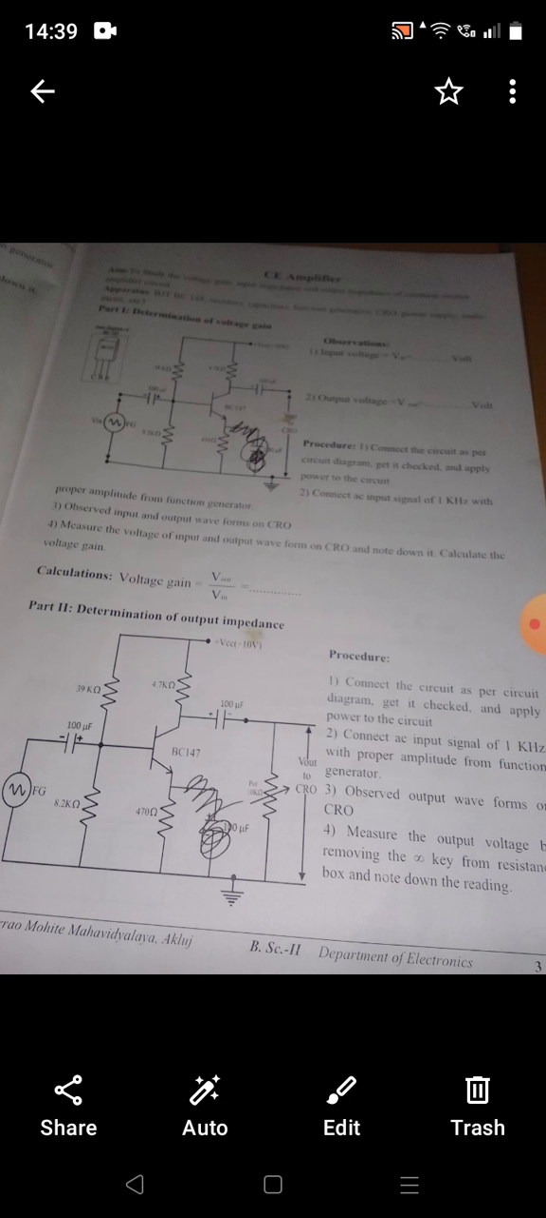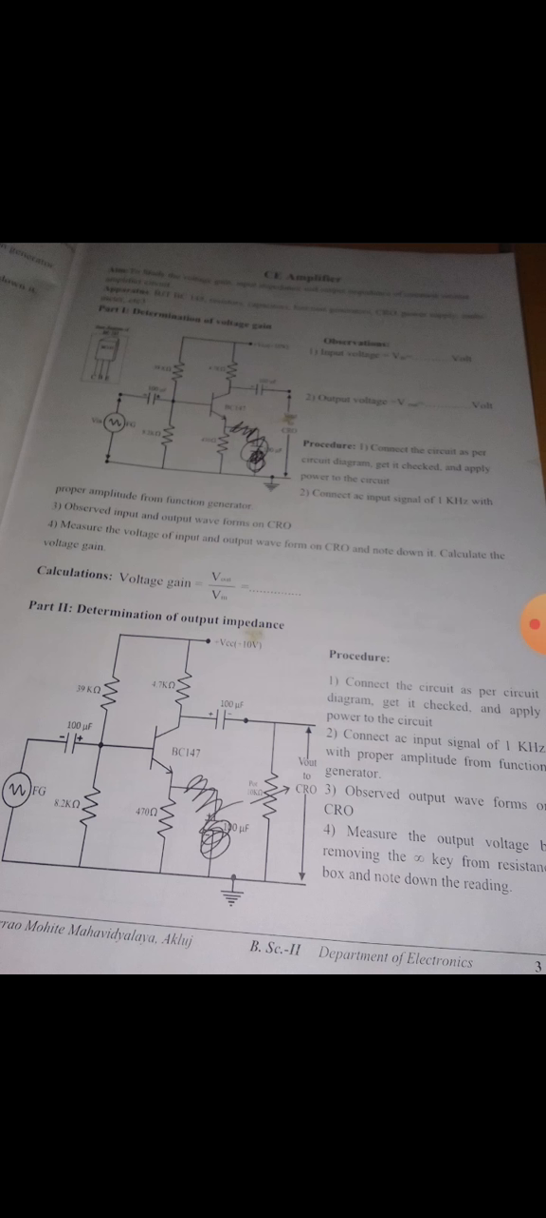The apparatus of this experiment are a BJT, means bipolar junction transistor, BC148. Resistors, there are 4 resistors. Then capacitors, 2 capacitors are used. Then function generator, FG, for giving input